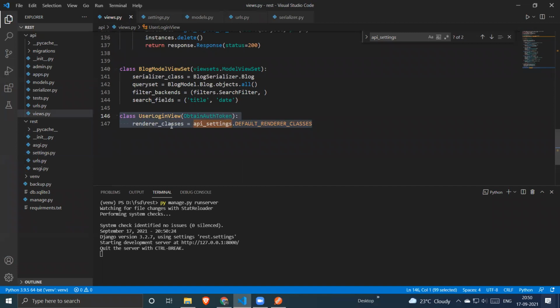We have to just define this renderer classes. What this renderer classes will do, it will provide an API interface for your login functions where you can just add your username and password. So it will just provide you an API interface from your browser.